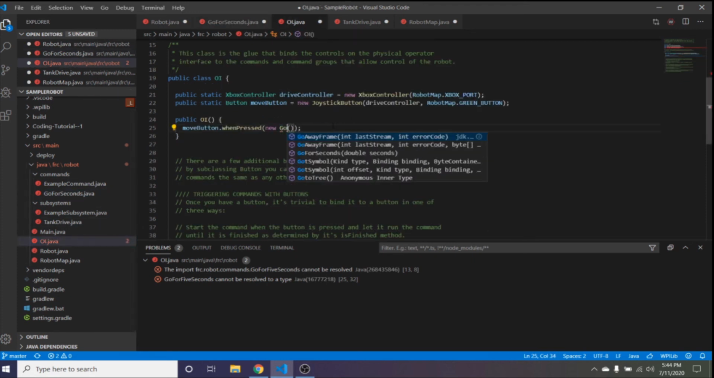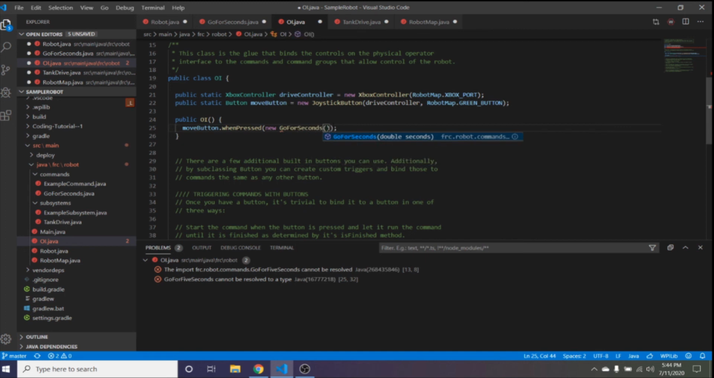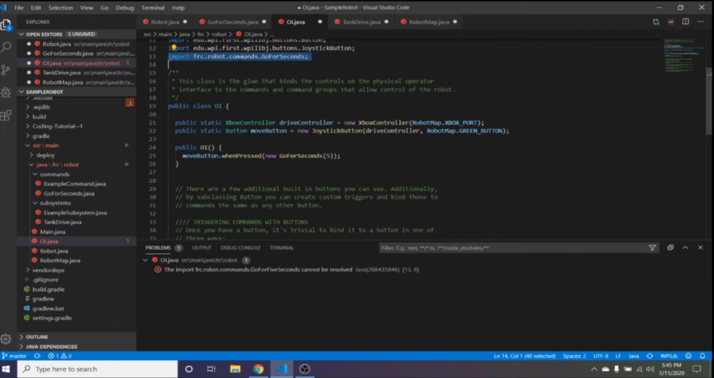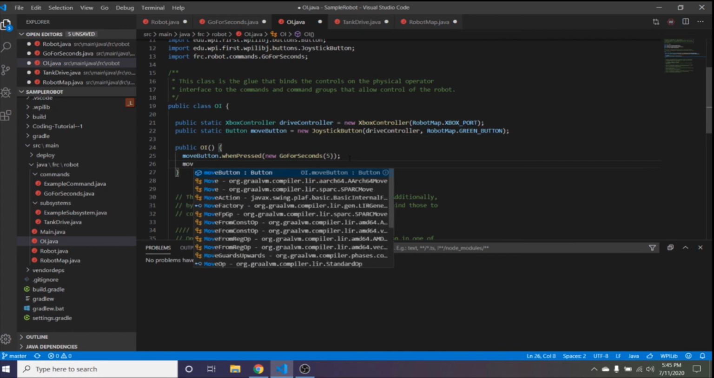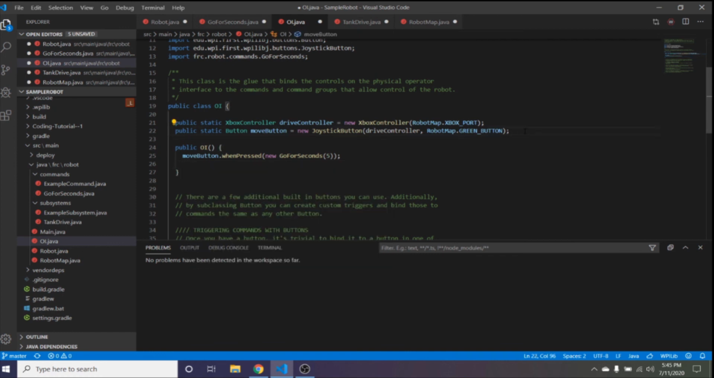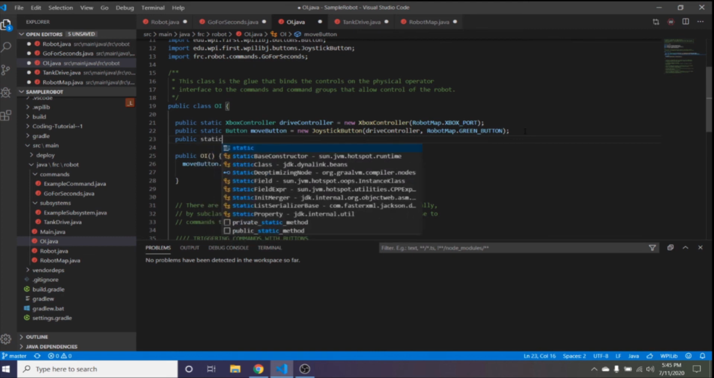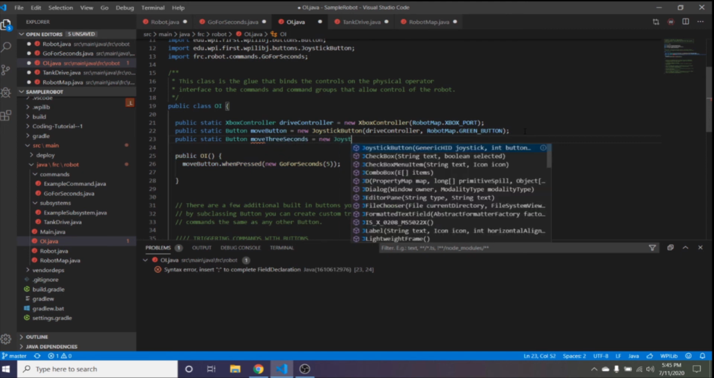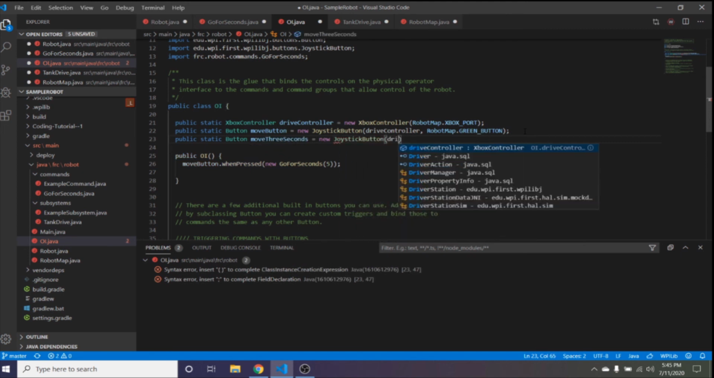Here, we're just going to rename this to go for seconds. And then, let's say for this one, we just want to have it go 5. Let's just import this. And we can delete this one. And then afterwards, let's create another button. So public static button. And let's just call this one move 3 seconds is equal to new joystick button, drive controller,